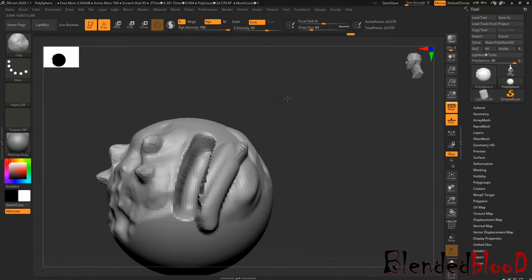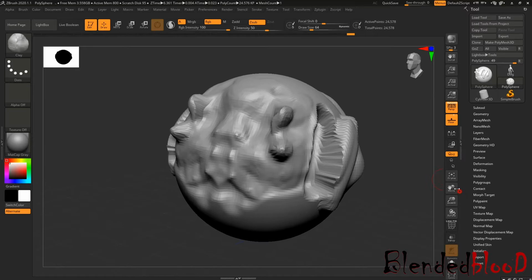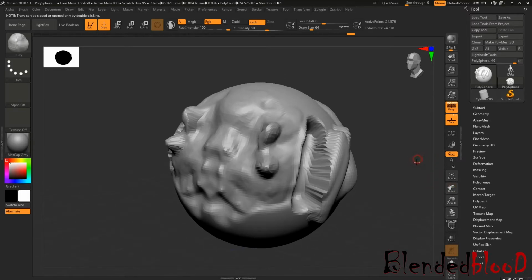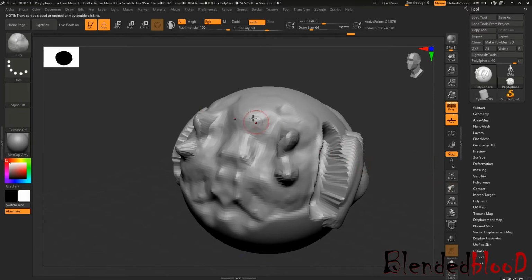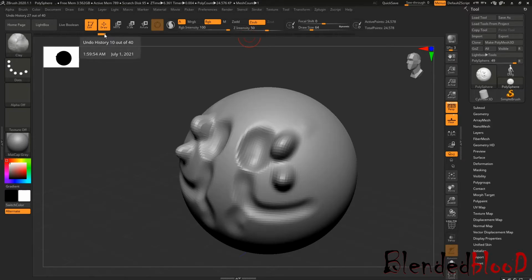In the rest of the 3D software, for undo you need to press Ctrl plus Z. In ZBrush, the same thing, Ctrl plus Z will work for undo, but besides that you also have a shortcut for undo, and you can see these boxes, and the orange one represents where you currently are. If you decrease this, and if you notice on your model, this is your undo level, you are going back a step.